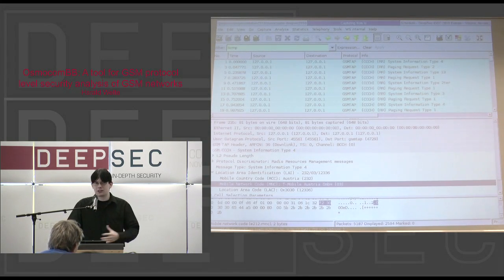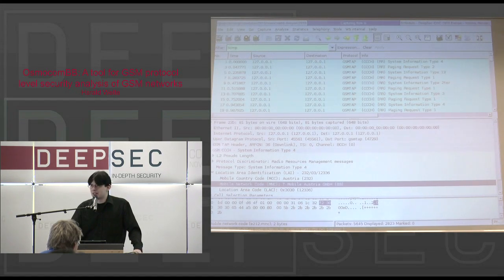Just interfering with the network, even without accessing any information that you shouldn't have access to, that's a separate offense. But just interfering with a public network has that kind of penalty. So the kind of tests that I've been doing either against my own network, of course, which is not a public telecommunications network, or at an operator where we actually had permission in the lab to do those kind of things. So if you do this on a public network, then quite certainly you will find a criminal offense,